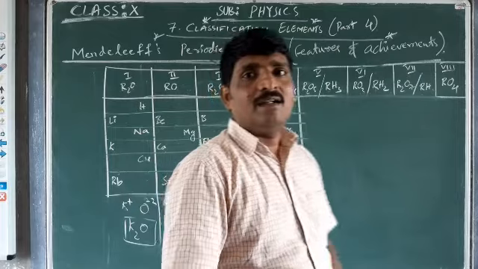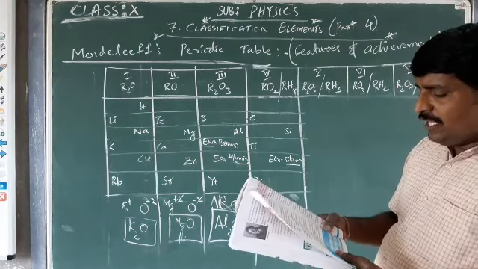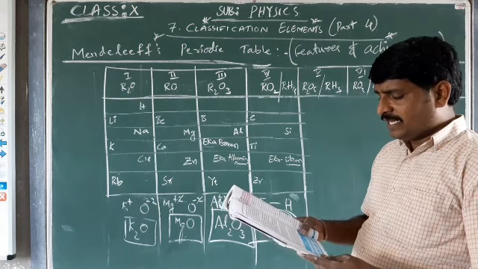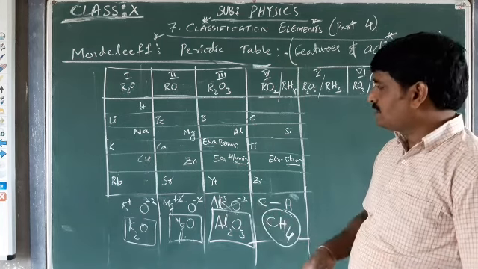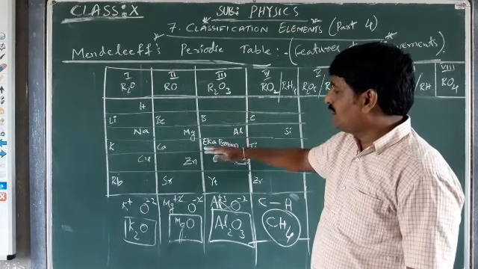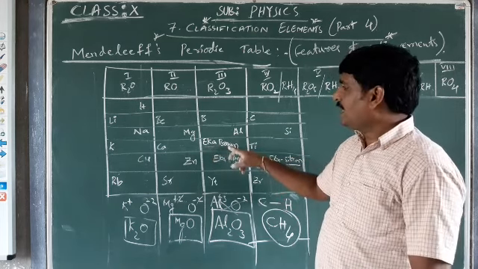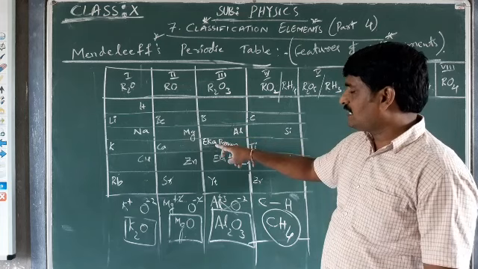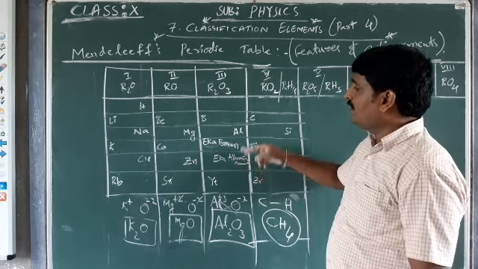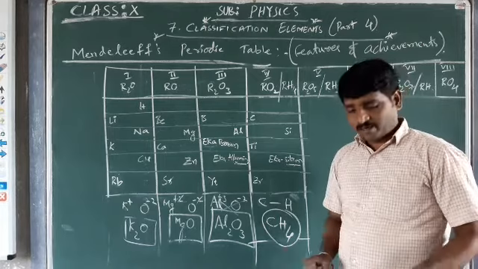Before they were discovered, he named the elements tentatively by adding the prefix Eka, the Sanskrit word for numerical 1, to the name of the element immediately above each empty space. Each empty space, the element just above it, we just added Eka as a prefix, where in Sanskrit Eka is 1. Eka boron, just adding Eka to the reference of this gap. For the space left over, we added Eka to the element just above it, Eka aluminium, and then Eka silicon. These are the elements referred to by those names.